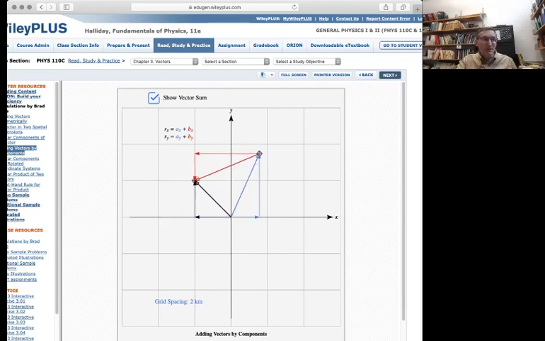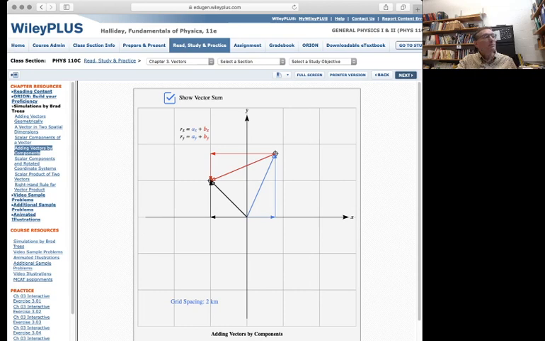If you ever want to play with these simulations, you can do so easily on your own. Just go to Wiley Plus and go to Read, Study, Practice, and then there are simulations. There's a link for opening the simulations. Okay? Okay, so we will be practicing in class with the concept of unit vectors and vector addition and subtraction by components. Very important process that we'll be using a lot. But that's all now for this